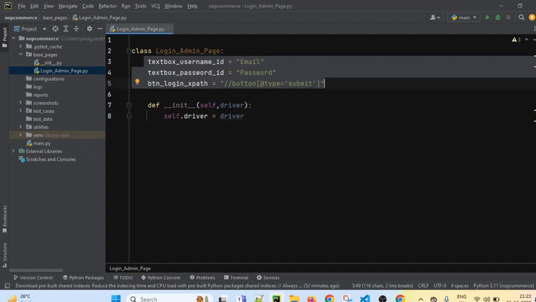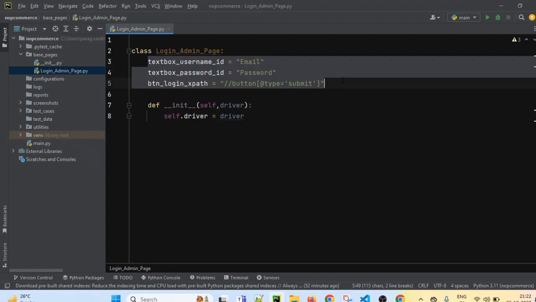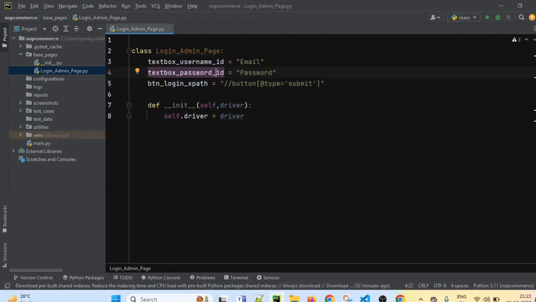Self keyword we have already seen. Whenever we use the self keyword, it belongs to the class, and we can access these locators by using self.driver. That's why we are adding it in our constructor.